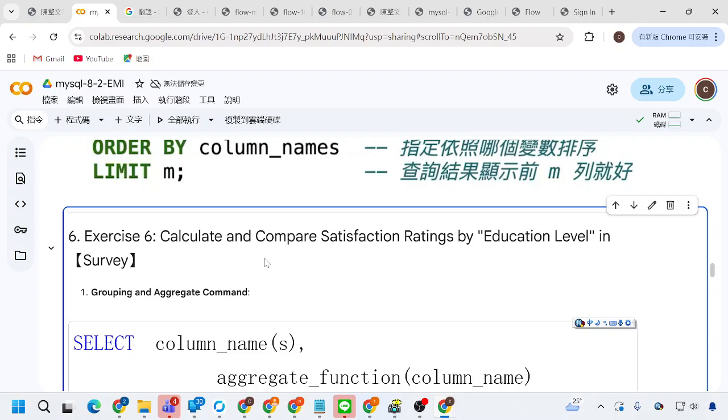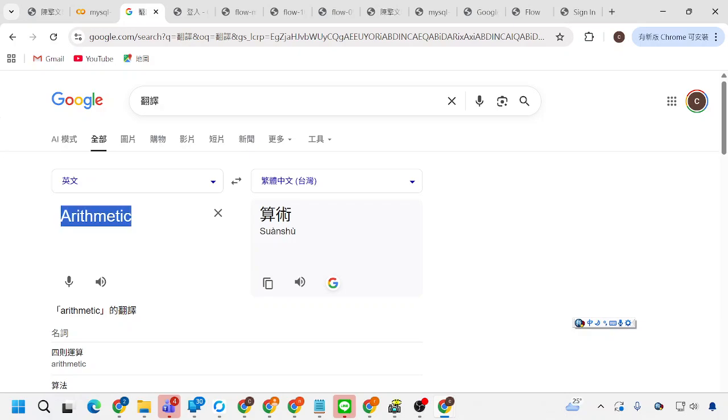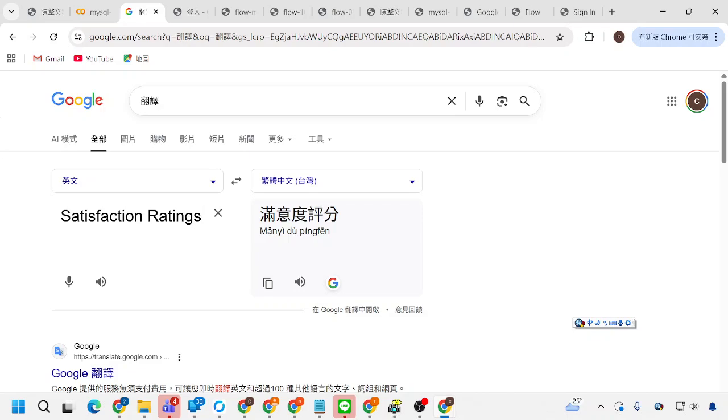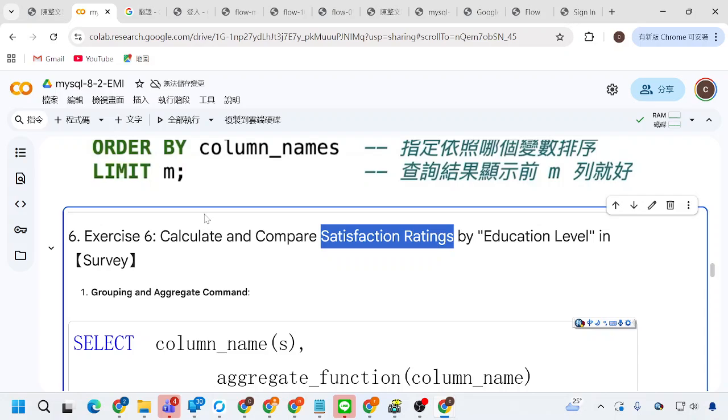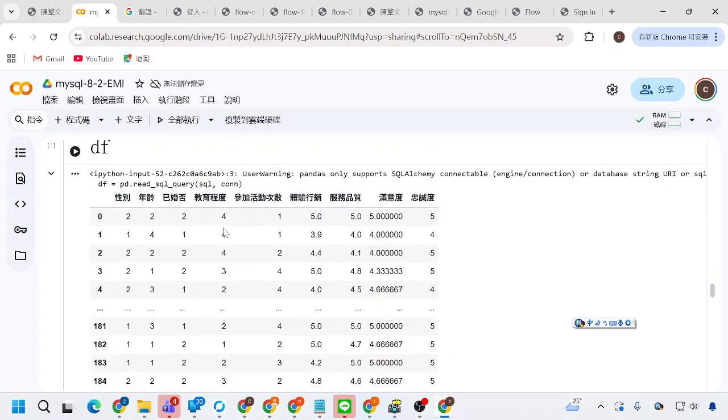So I have a data set that is the survey, and I want to do the satisfaction rating by the education level of this metric. Satisfaction rating is 满意度评分。